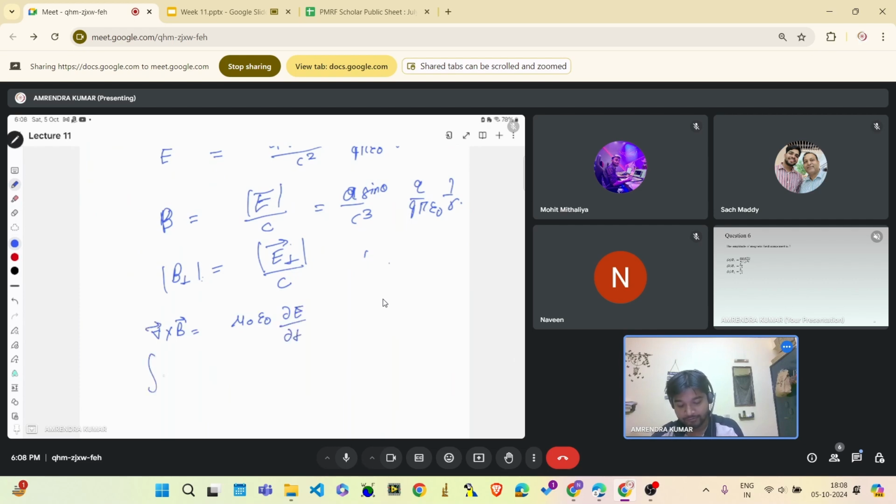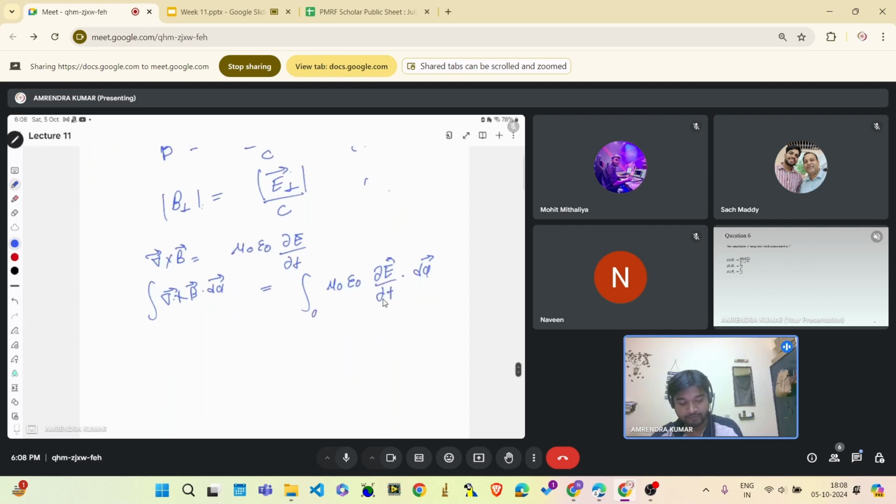What you can do, right, ln 0 del E over dot dA, and now area integral, area, yeah, you can just change it to the surface integral B dot dl, and sorry, this line integral area integral mu 0 epsilon 0 del E over del T dot dA, and then from here